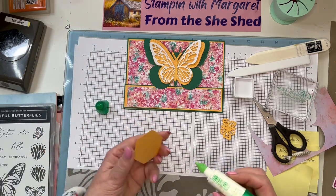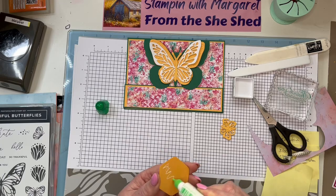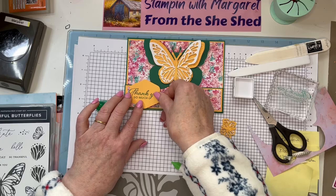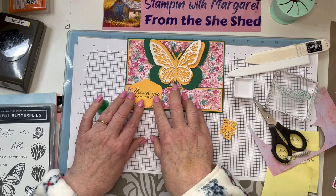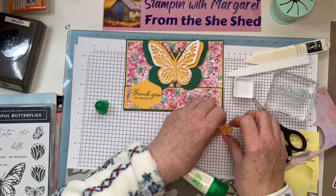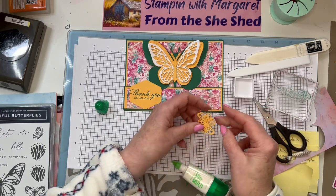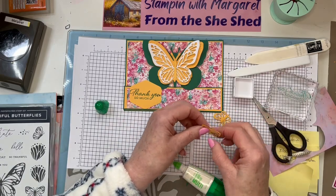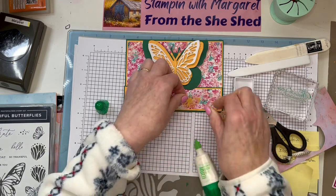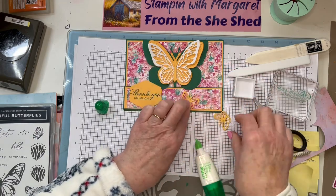So I'm not putting any sponge layers on any of this, any of the dimensionals, because again, that's going to add to your postage if you're posting this to somebody. So I've used a little peach here, which is picking up what's on the inside. And then to make this a little bit fancier than the other one, I'm going to put two little butterflies on the other side to balance. So one here